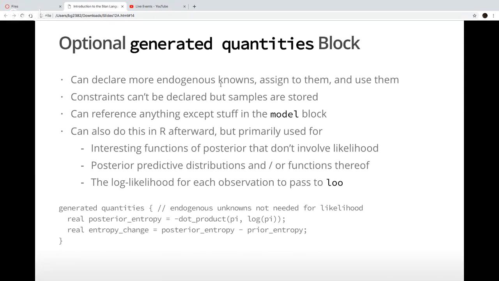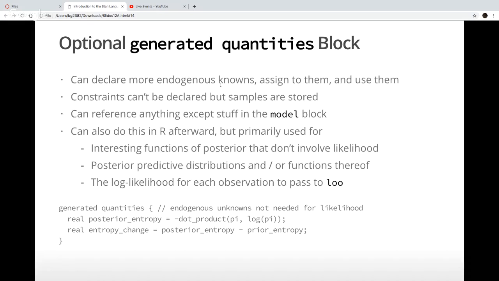So the model block kind of has its own scope, but in generated quantities, you can refer to things in transformed parameters, parameters, and transformed data, or you can call functions that you declare in the functions block. So this is optional, and it's not strictly speaking needed because you can calculate all this stuff in R